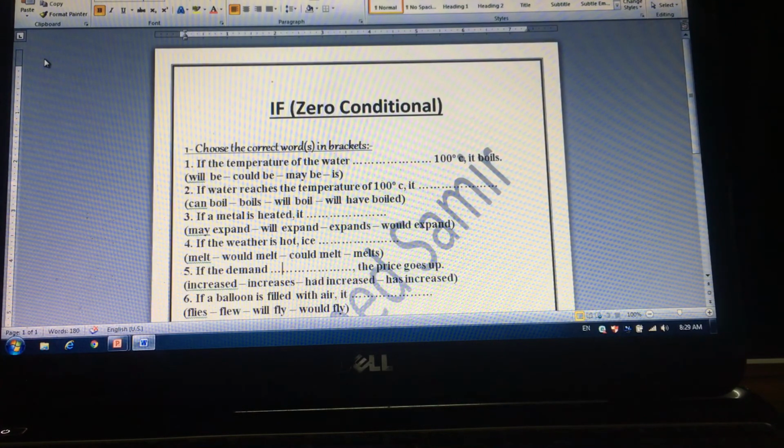The third example: if a metal is heated, it may expand, will expand, expands, would expand. Think. Yes, the answer will be expands. It expands. Present simple. Of course, I will send you this sheet to practice on, and later